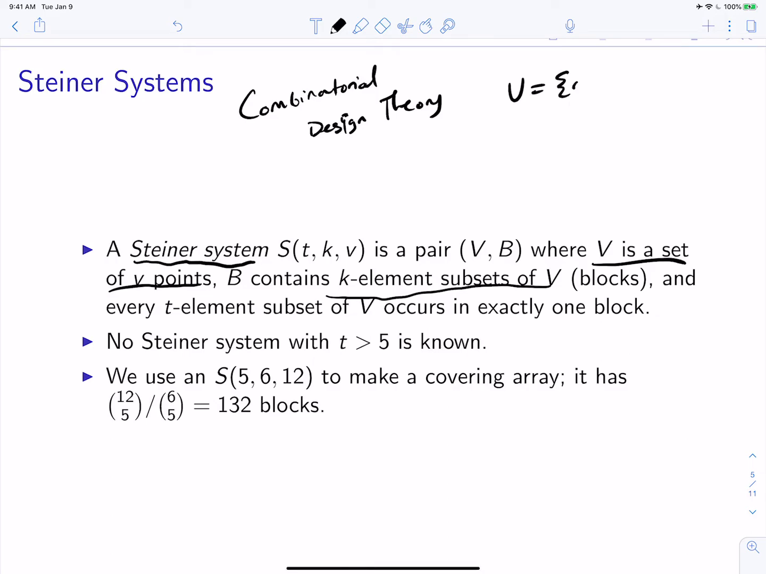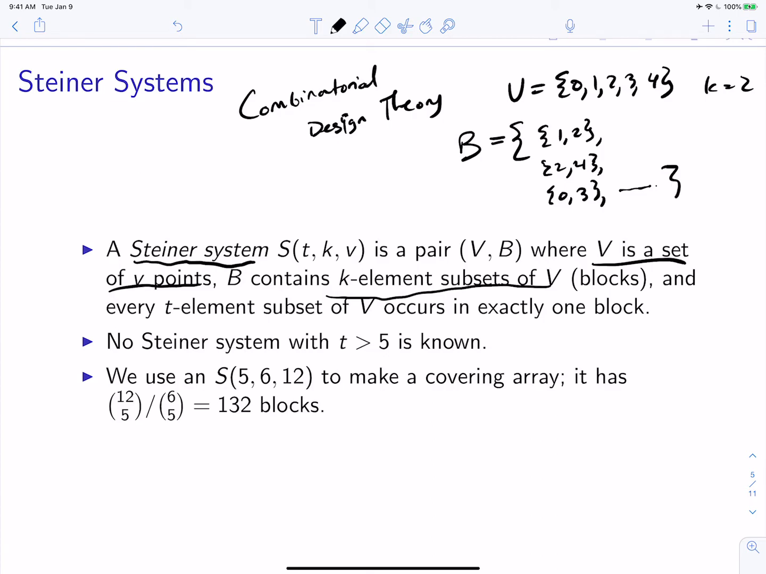So let's just say V is 0, 1, 2, 3, 4, and let's say K is 2. Then B, the set of blocks, will be 2-element subsets of V. So maybe we have {1, 2}, and {2, 4}, and {0, 3}, etc. And we don't necessarily have to pick every 2-element subset. But what we guarantee is that every T-element subset of V will appear in exactly one